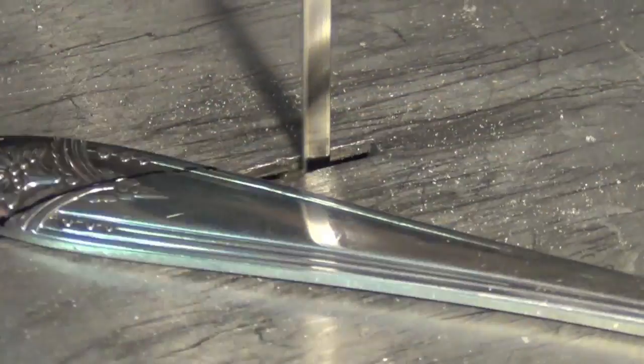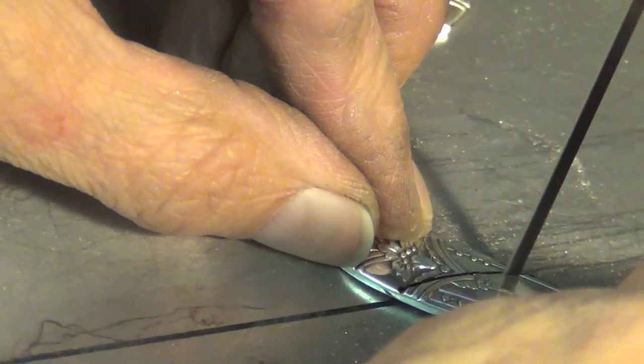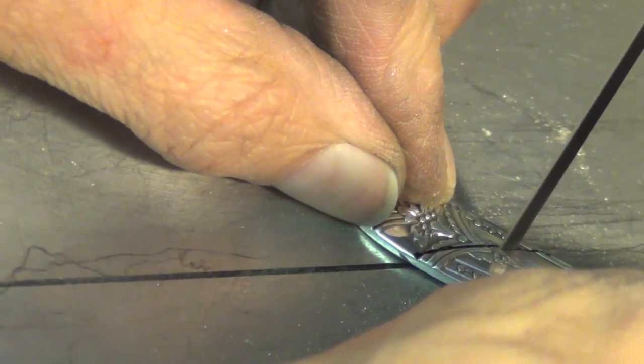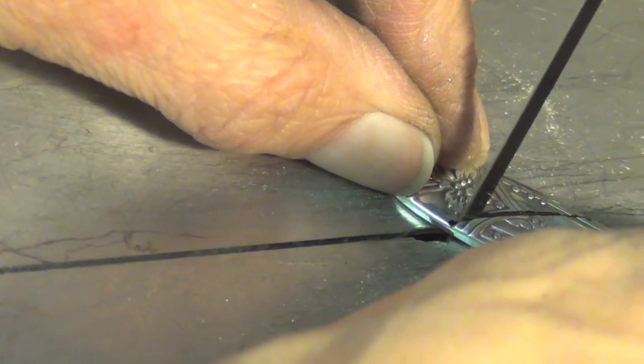Second one. Gonna turn it whatever direction makes you feel most comfortable if you're using the mini bandsaw for this purpose. Okay, now don't discard these pieces here because you can actually create additional pieces by soldering what I always considered